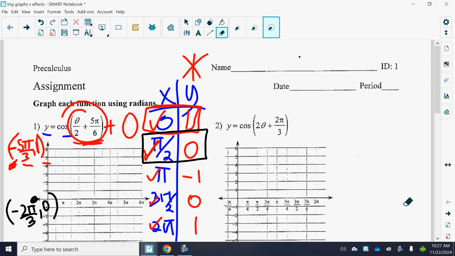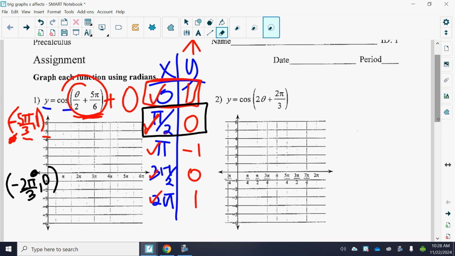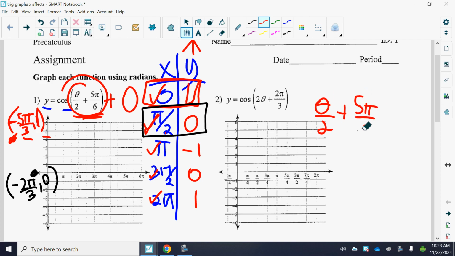There's no y effect. Ready? What's the third job? Oh, I'm writing number 2. Theta over 2 plus 5 pi 6 equals, public enemy number 3 is